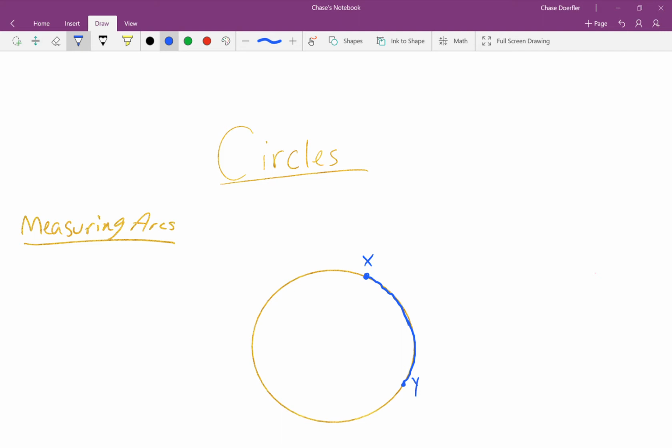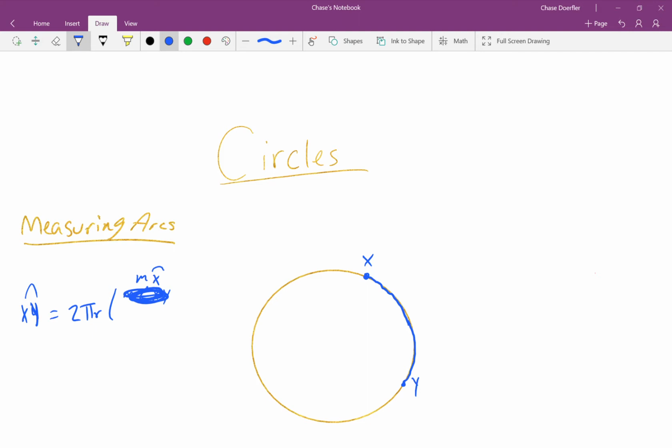And the equation for it would be the length of xy is equal to 2 pi r, basically the circumference, times the measure of xy,